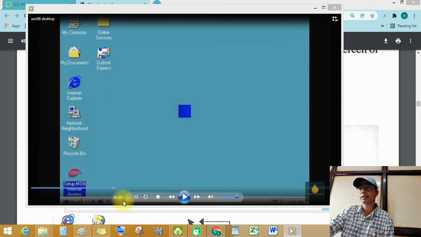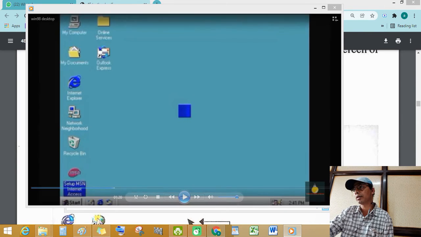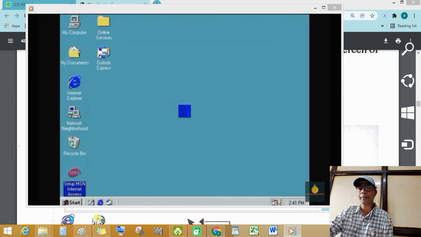See this taskbar. This is the mouse pointer, and the whole screen is the desktop, and on the right side the calendar and clock.